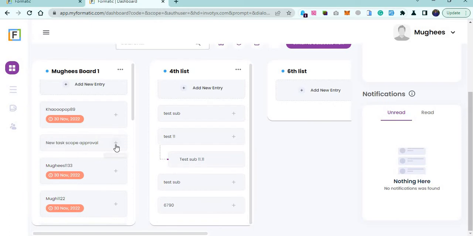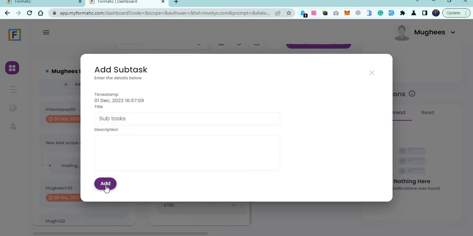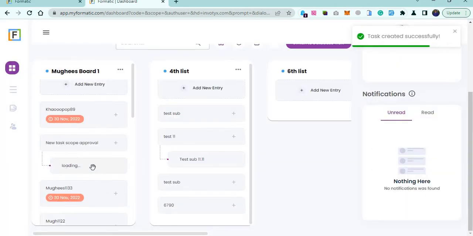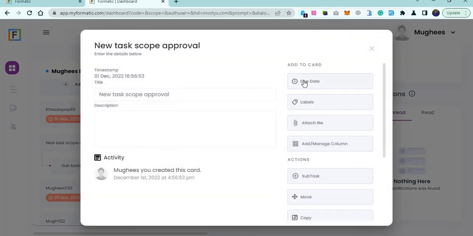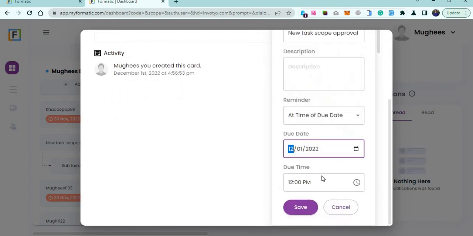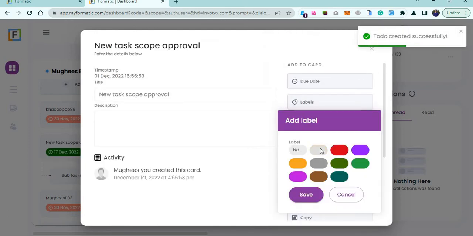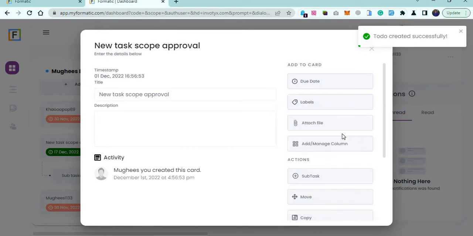We can create a subtask as well. You can see this subtask is also created in our application. We can assign a due date, we are assigning a due date. We can assign a label, we can